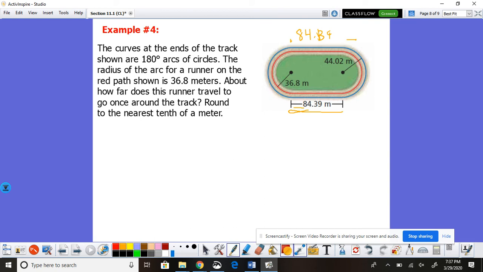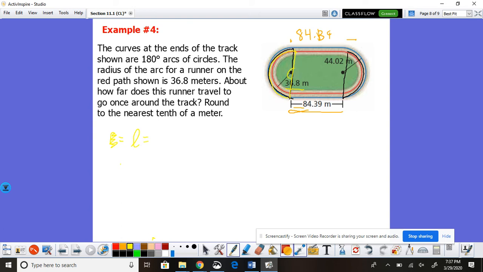All right, so now what I need to do is find this here, and find this here. Let's do this part on the left first. So I want the arc length of that to the left. Well, my radius is 36.8. So my arc length is going to equal